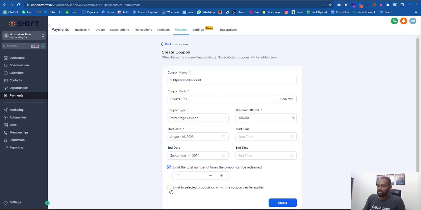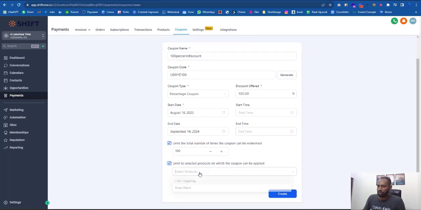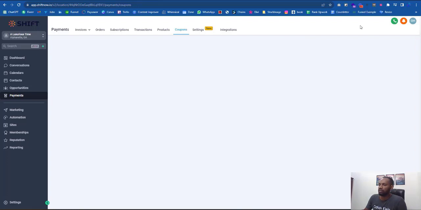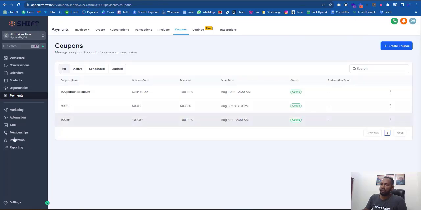You can also create the limit to selected product on which the coupon can be applied. This is important because we have a lot of products. This coupon code will work for every product we have, so we need to find out which product we are going to give this redeem code for, valid for which product. So this is what we need to create, and it's done. So if anyone uses this code for our discount,